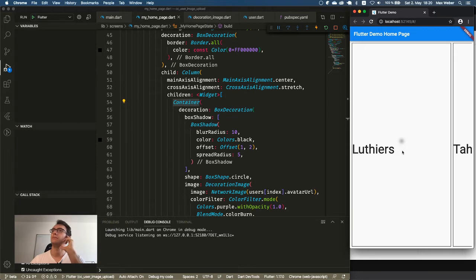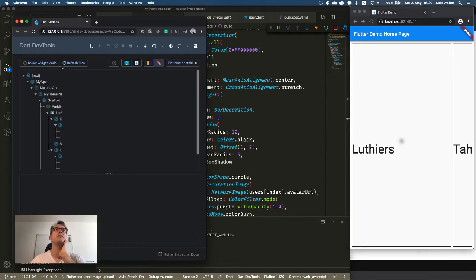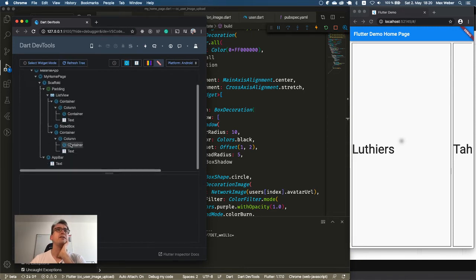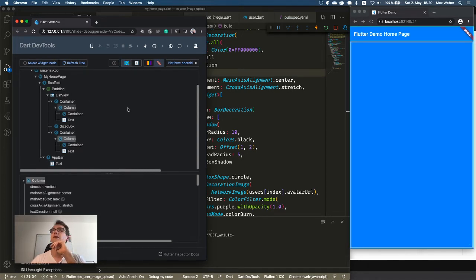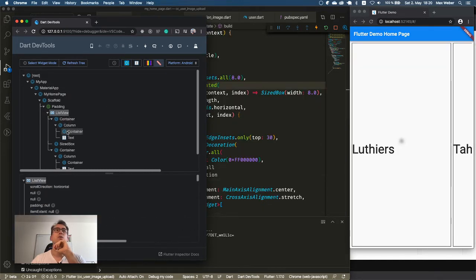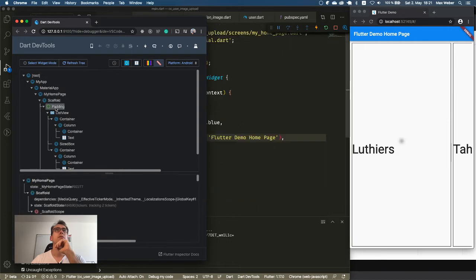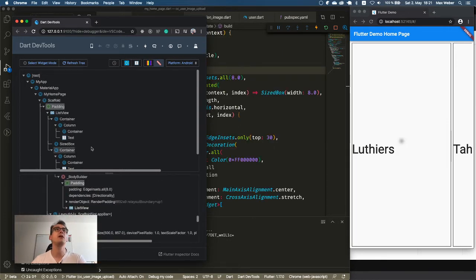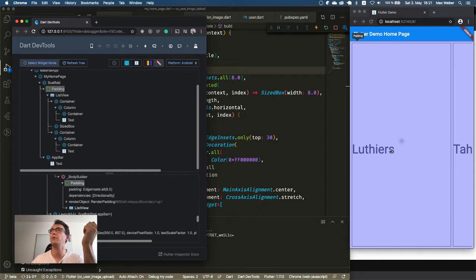And no, sadly not. So what we will do now is we get our new DevTools here. And now let's have a look. We have here list, we have text, we have column, and now we can select them here. And if we take a look, wow, it looks weird. Oh, it doesn't work in web. That is, for example, also new for me. I thought this would work in web already, but it seems that I just can select the padding here. That is unfortunate. Okay.